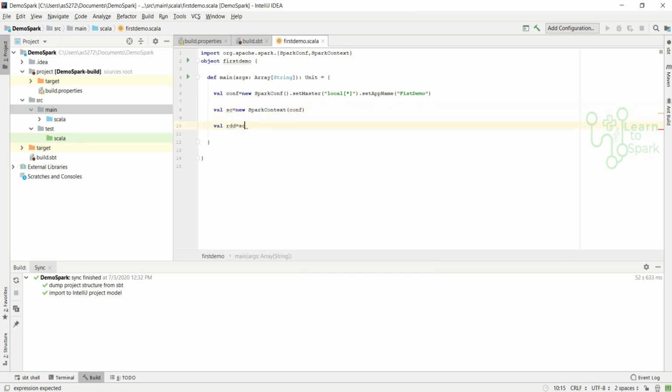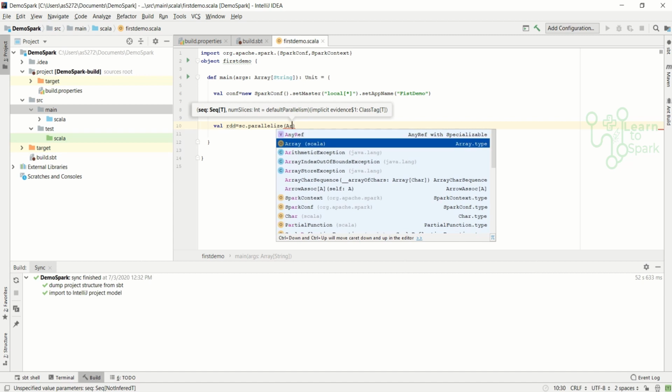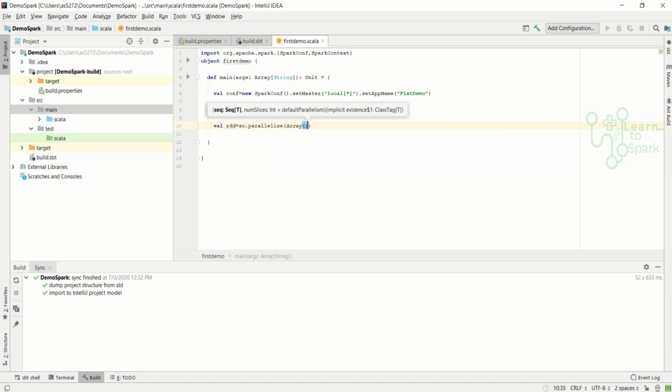So now we can use sc dot parallelize, and inside this I will give an array of some numbers, say 5, 10, 30, and let us add these numbers using a reduce function.